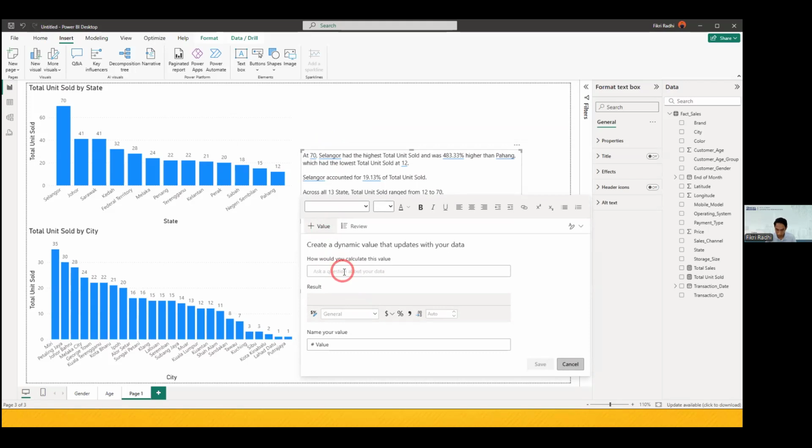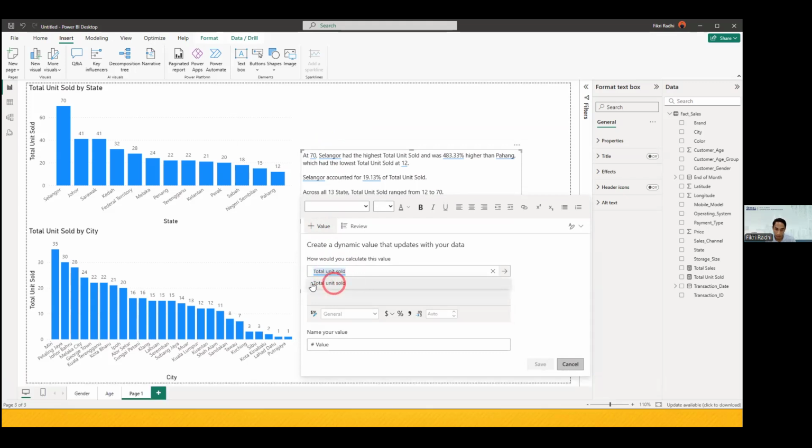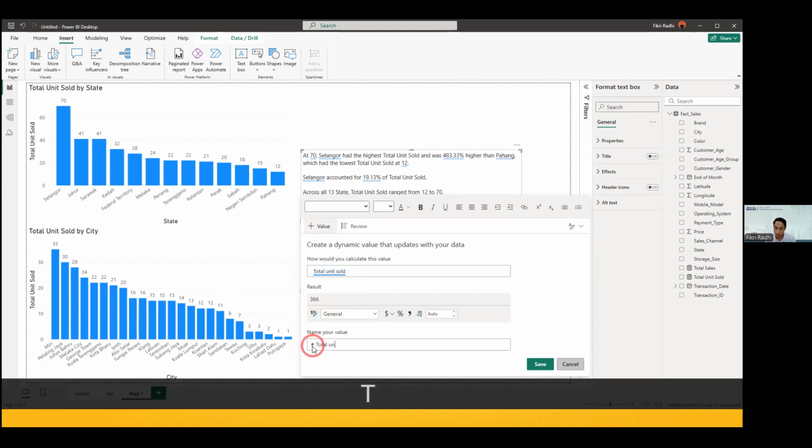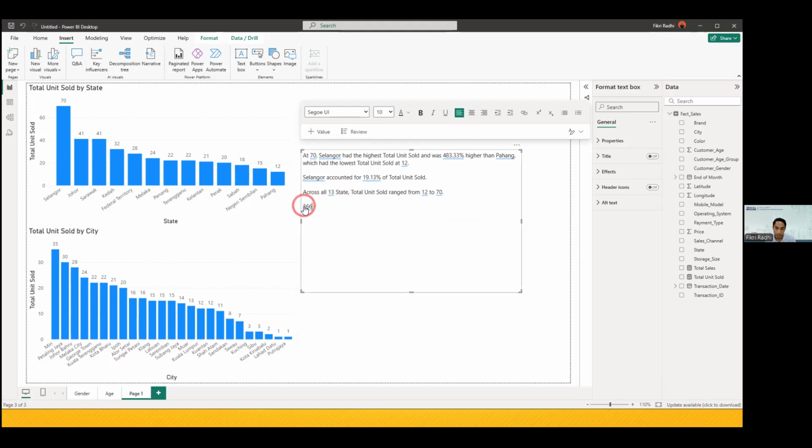So I want to know the highest total units sold. Not the highest total units sold, just total units sold. Click here and a result appears, 366. Okay, and we can rename it as total units sold. I press save, and 366 appears. So what happened here? I add